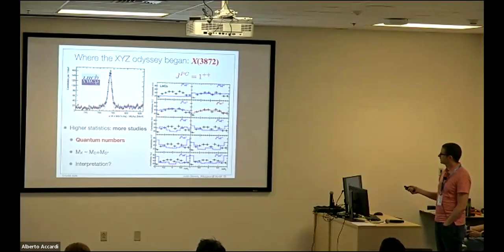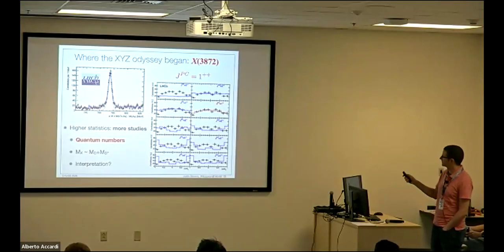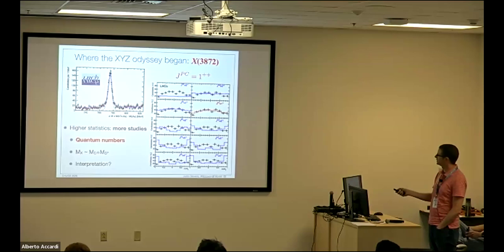So you can look at the data that's in black points. It's the same in each of the plots. And you can compare that to a model of what if the hypothesized particle, or what we observe here as a peak, was this particular quantum number, this is what the model would describe it as. And so any place where you see disagreement with the model is telling you that that's not a good model